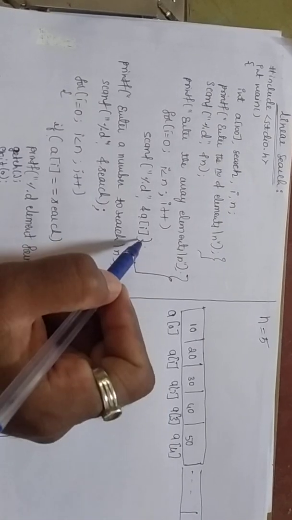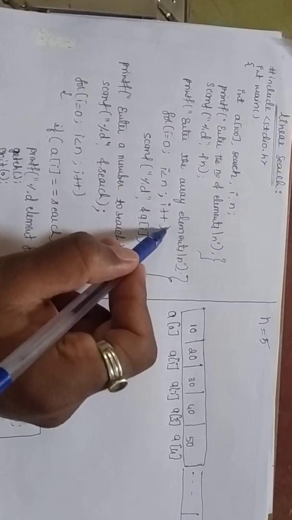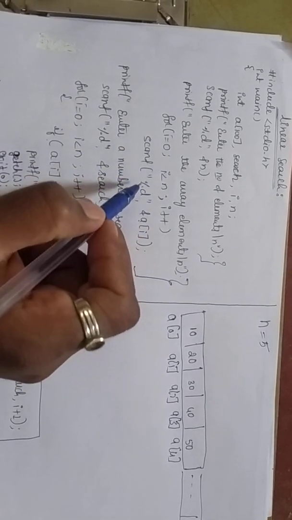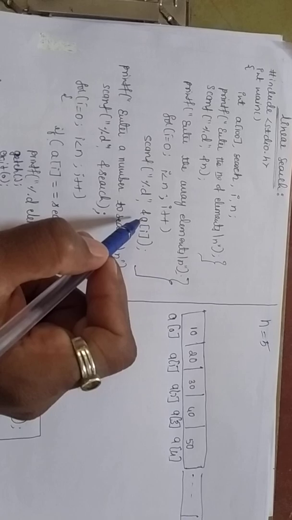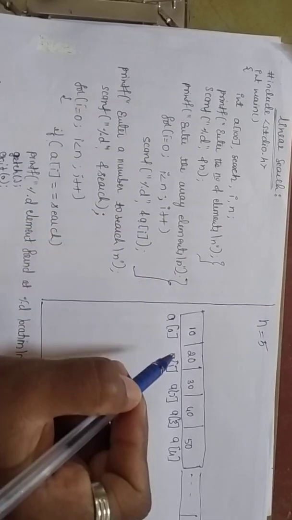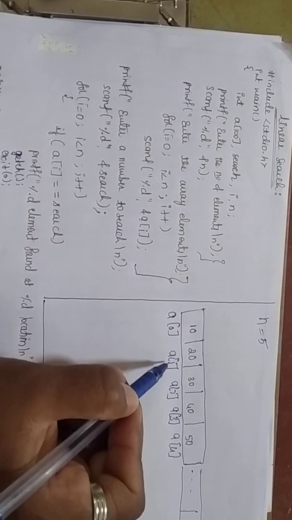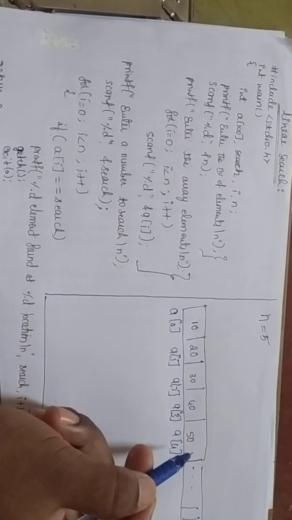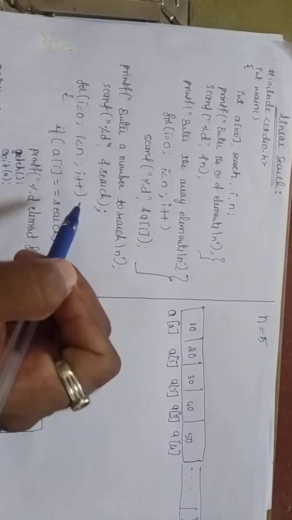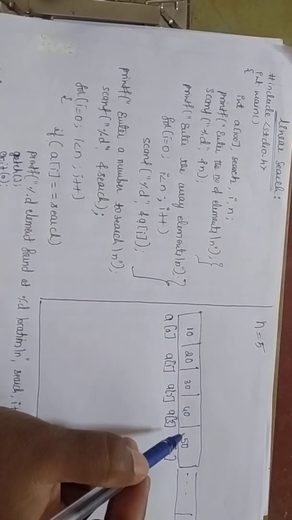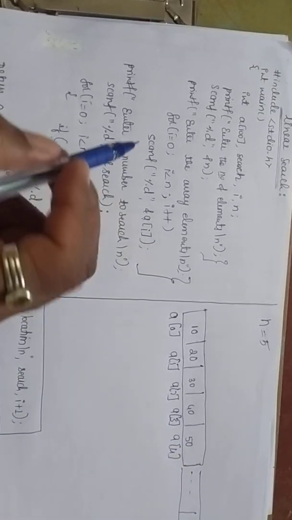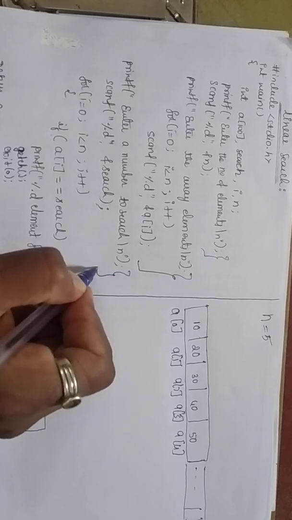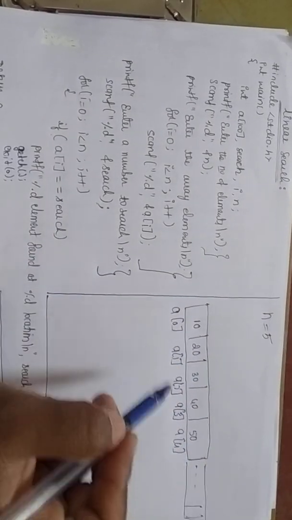Okay now. Next, the loop will be repeated, incrementing the i value. Now i is 1. Whether 1 is less than 5, yes, condition true. So that executes the scanf statement. Here a of 1, where is a of 1? Here, a of 1. So in this location I can enter the second element. So like this I will enter all the elements using the for loop and scanf statement. Okay now. So once I enter all the 5 elements, after that I can go to the next printf statement, that is entering the key element or searching element. It means out of this you have to select one number.